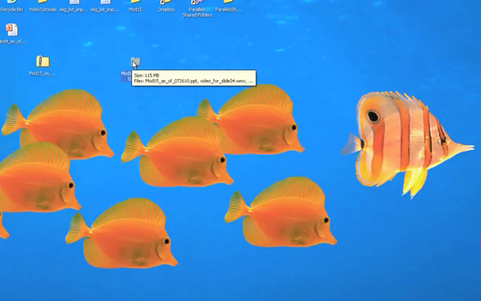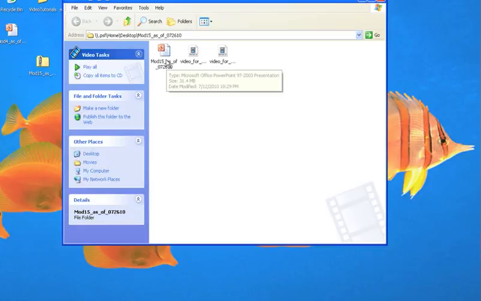You can either copy this to your flash drive to move to your other computer, or if this is already the computer you're going to use it, you can just use it here. In order to use it, you open up the folder. You should see the three files, the PowerPoint file and the two videos. It's important that these files stay in the same location. If you move them to a folder, all three have to be in the same folder in order for PowerPoint to be able to find the videos and play them. Prior to doing your class, you're going to want to check their